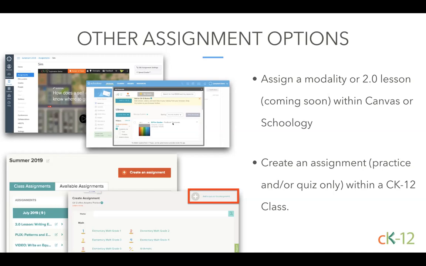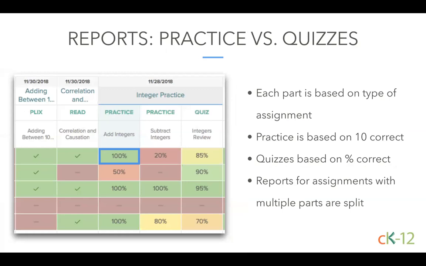a Google Classroom class. So let's say once you do that, the reason for doing that would be reports. So the practice versus quiz piece on there. As we noted, the practice is based on 10 correct. So this first person has 100%, they got 10 correct. The person below that only got 5 correct out of that goal of 10, no matter how many questions they